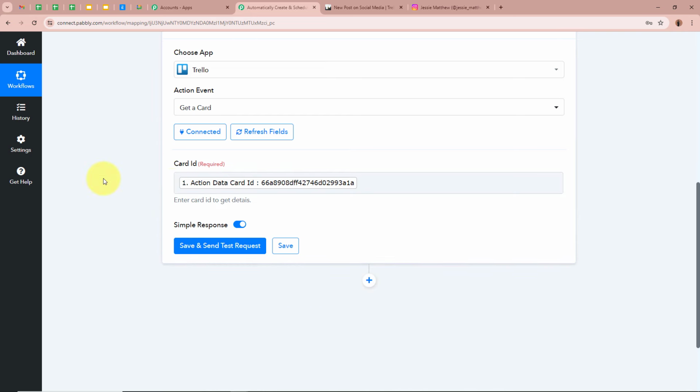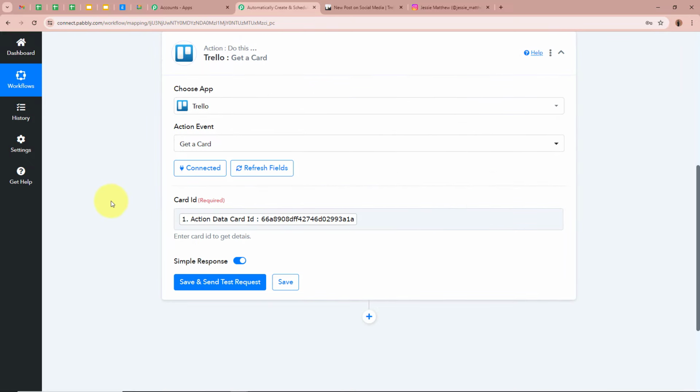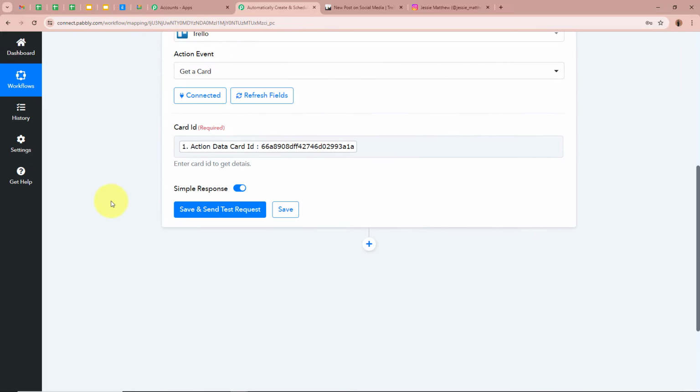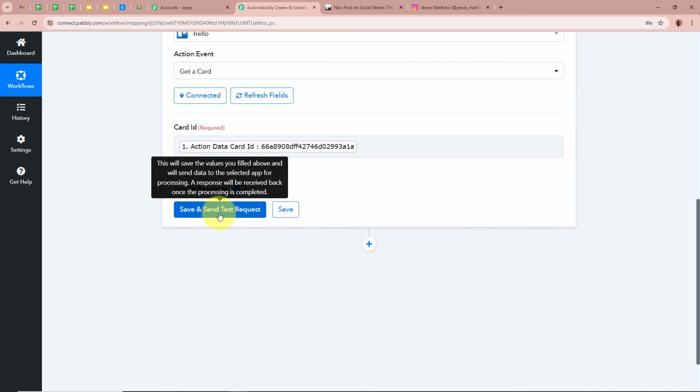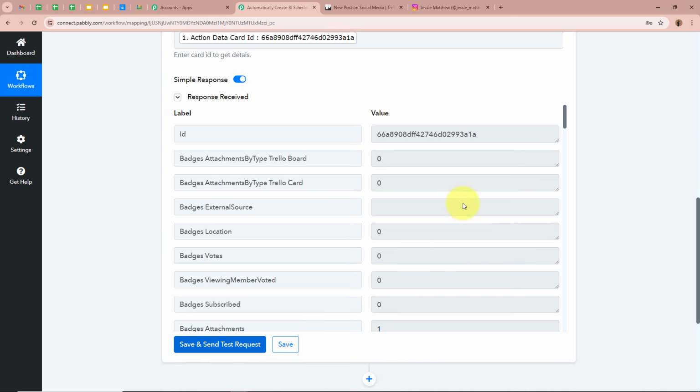As I've selected the data, it is mapped, and as I map the data it has become dynamic. That means whenever a new response is captured in our previous step, the data in place of this map data is automatically going to be updated, okay? Then I'm going to click on the save and send test request button right over here, okay? As we have done that, you can see right over here, we have received the response,